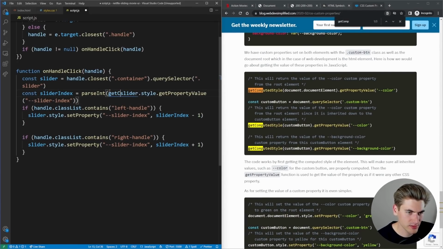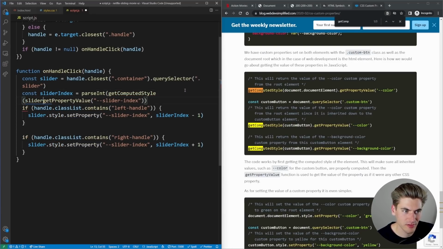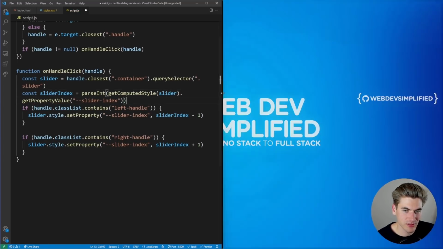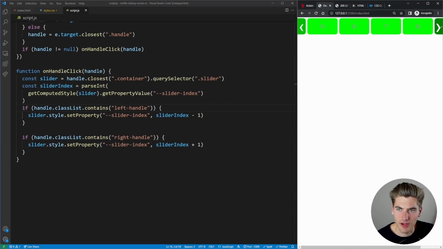So we can say getComputedStyle. We pass it our slider. And then we call getPropertyValue on it. There we go. Just expand that a little bit. Now if we hit right, okay, it's working.